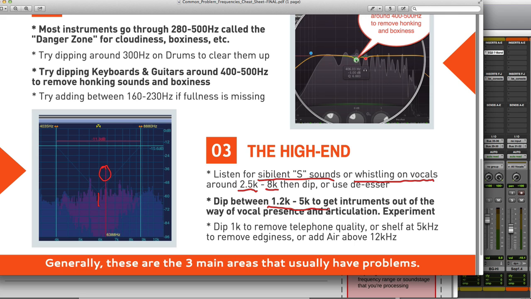You can just try messing with that and try widening and narrowing how much you're dipping out to get it out of the way. And if you've got a telephone quality going on in your vocals, a weird sound that sounds like old school telephones, that could be around 1K. So if that's a problem, if it sounds kind of weird to you, you can check in there. You can also use that 1K to add that telephone sound that we've heard on so many different records. You can do a shelving